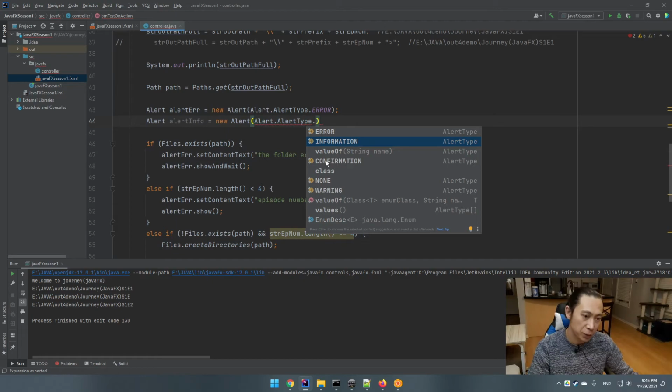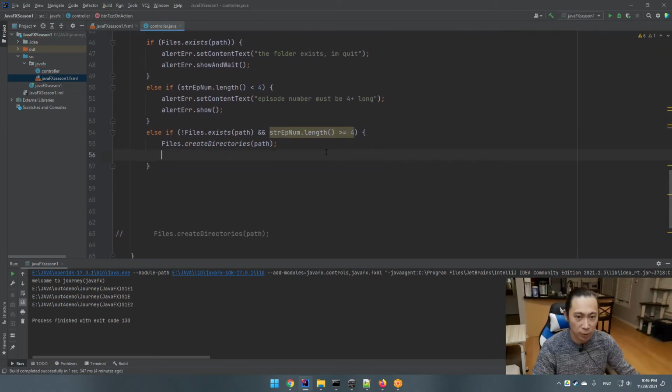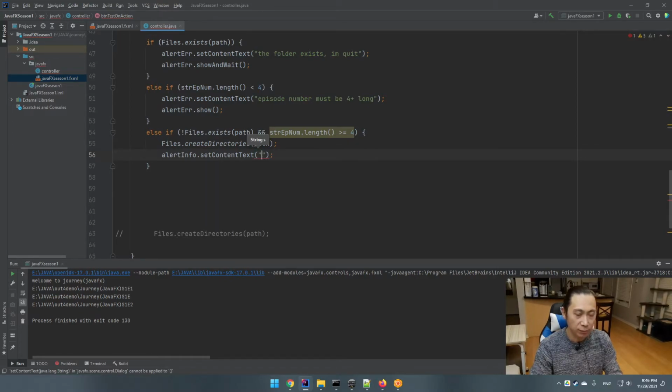I guess if we use this confirmation thing, we will have multiple buttons other than only one button. So once we have more, we can choose yes, cancel, or abort, something like that. But for now, just using information, because this one we just want to show some information. And then say alert dot info dot set content text. Say, all right, subfolder created. And to make it a little bit more fancy, we can say something like this: subfolder